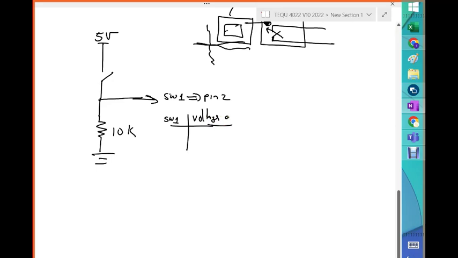Voltage at pin 2. If the switch is open, I get 0 volts. If the switch is closed, I get 5 volts. That's good enough for me, because I'm going to design the second switch the same. It's going to be the 5 volt here, the switch, the resistor,